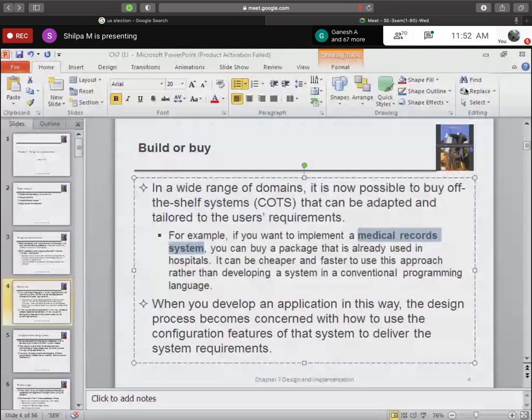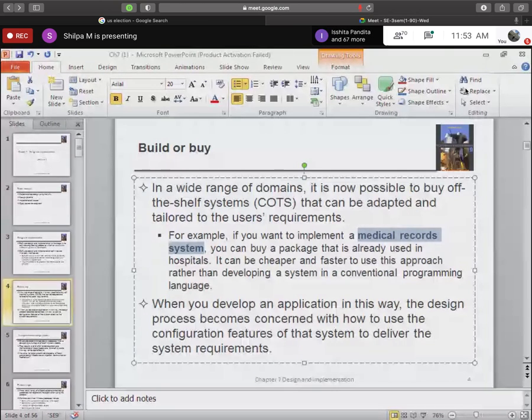Madam Ankita, if you're there in the class, please give me an example for a COTS application. There are several COTS applications available. One I said was a microwave.